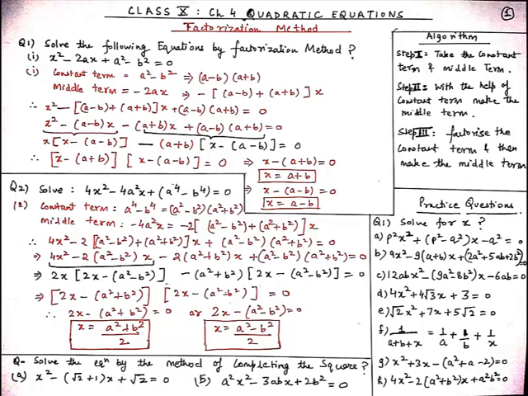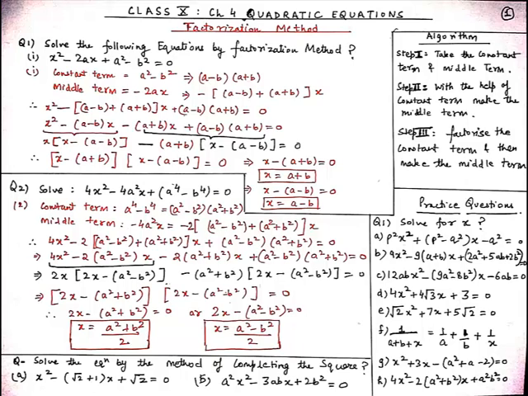Now from here we get x square minus (a minus b) into x, and then minus into plus, minus (a plus b) into x, and plus (a minus b) and (a plus b) equal to 0. From x square minus (a minus b) into x, we will take x as common. So in bracket we get x minus (a minus b), and from minus (a plus b) into x plus (a minus b) into (a plus b), we will take minus of (a plus b) as common. So in bracket we get x minus (a minus b), which is equal to 0. So from here we get two factors, which are x minus (a plus b) and x minus (a minus b).